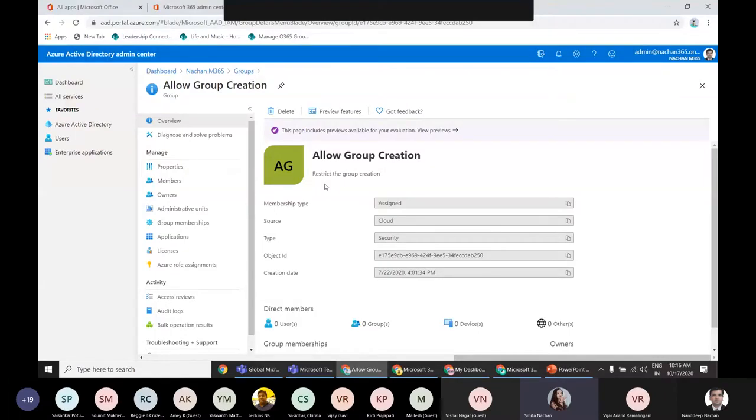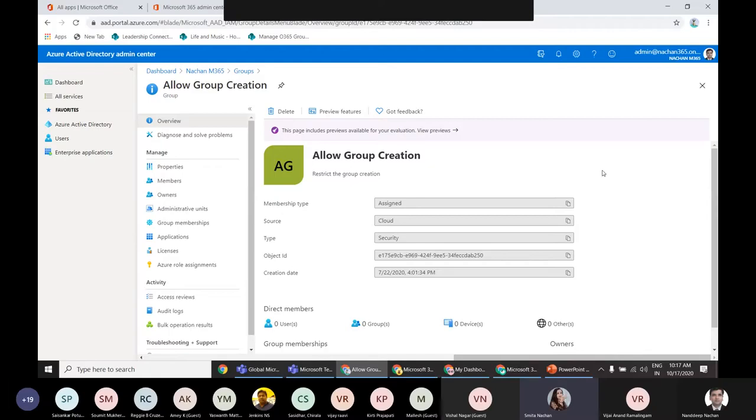We want some control so that a certain set of users should be able to create teams, and not all the users. For that, we will create one group. If you want to go to the basics of Microsoft Teams, Microsoft Teams is based on Office 365 groups.